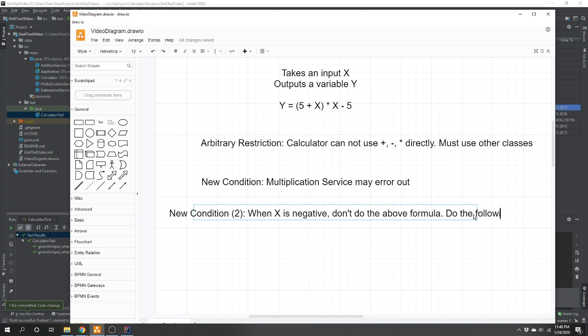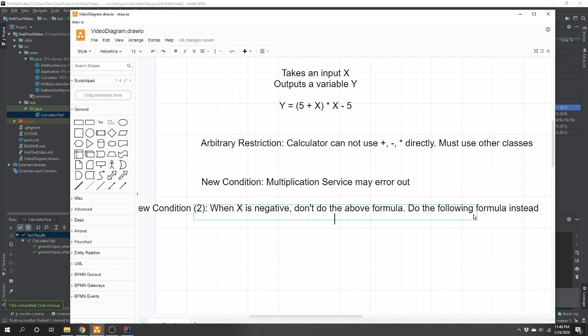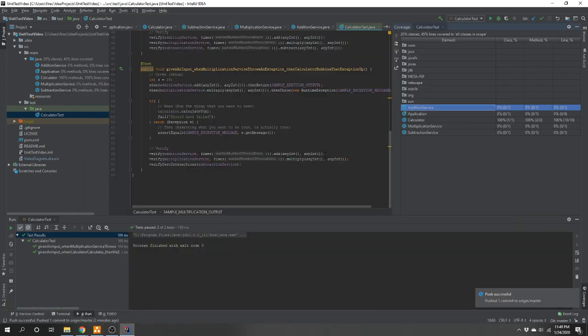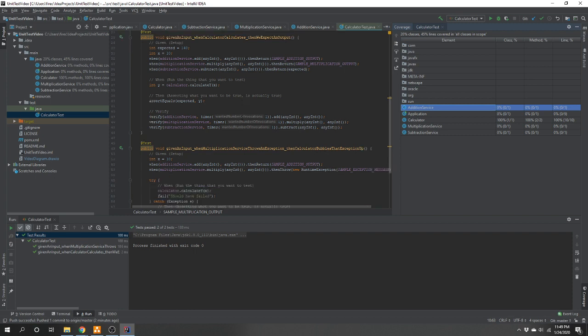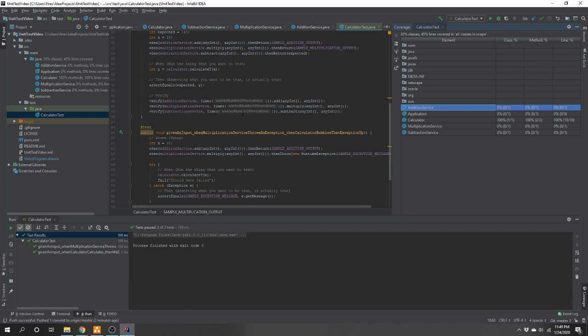Do the following formula instead. And this formula will be as simple as 5 minus x. Not too hard to do. But it might stump some people, and this is interesting, right? So